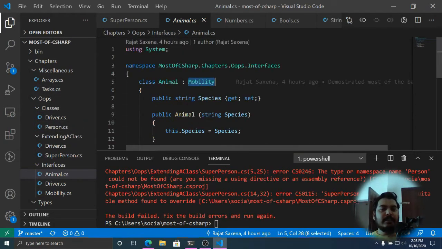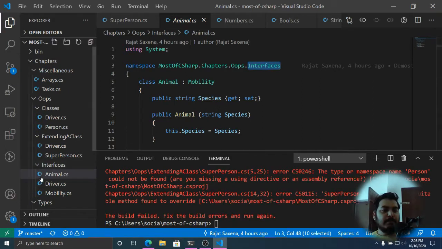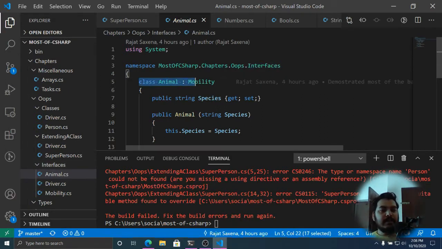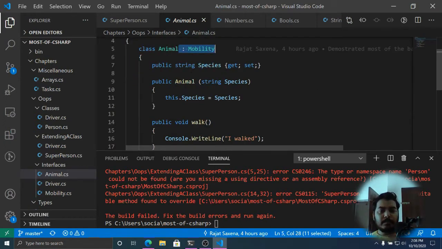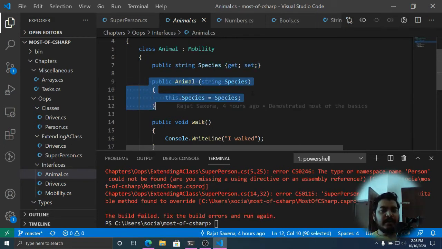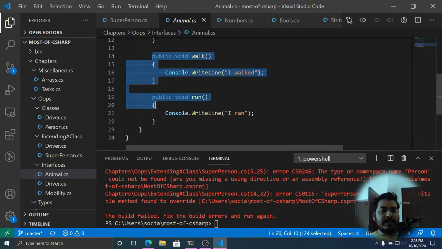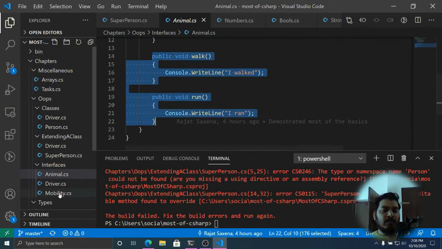So I have created this new animal class, and this is the namespace stuff. Again, the namespace name is different based on the folder structure. This is a new class that implements the interface. Again, the syntax is the same. It is similar to extending classes, right? Then this is again the member variable. This is the constructor part, and this is where we have implemented the methods of this